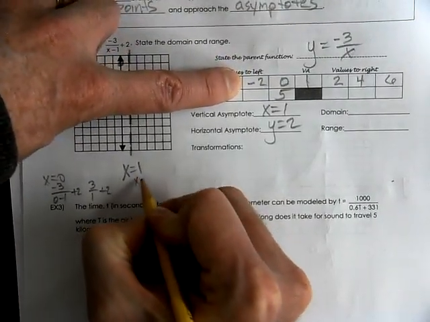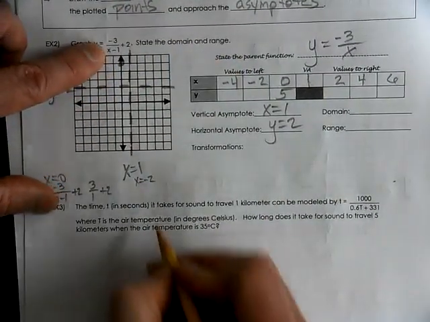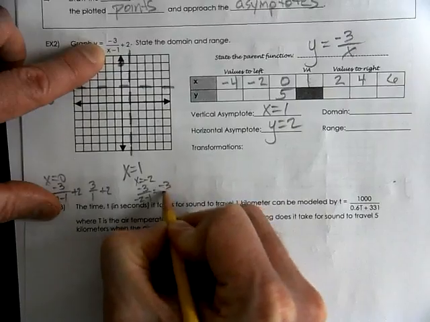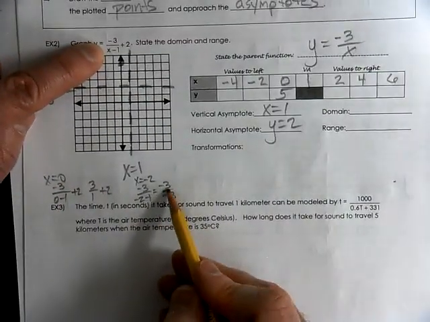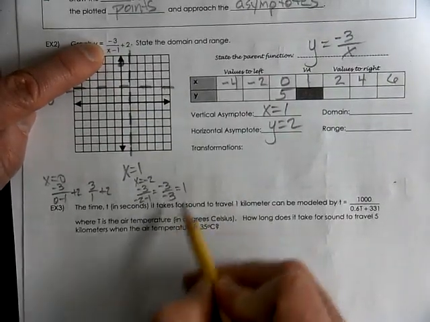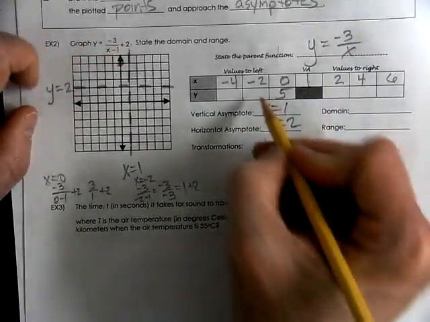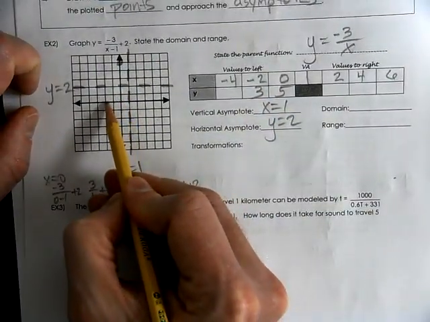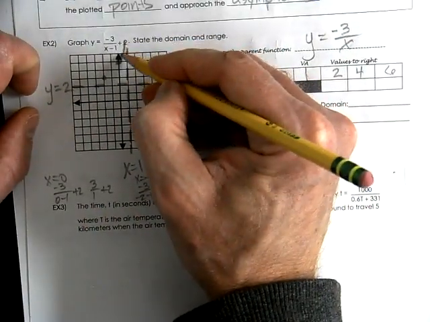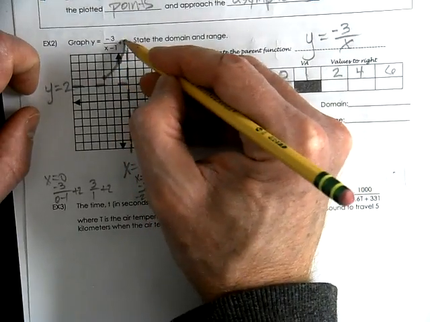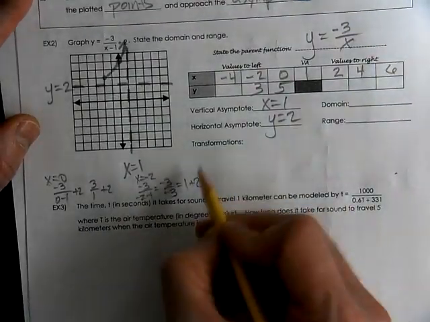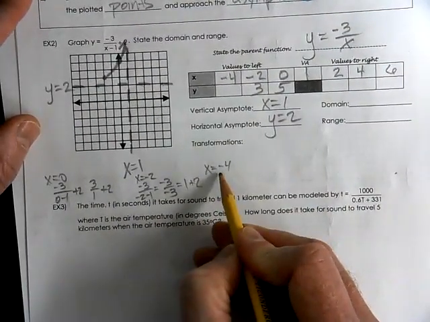When x equals -2, we get -3 over -2 minus 1. That's -3 over -3. What's that value? That's 1 plus 2 more. That's a total of 3. So at negative 2, I'm going to be up 3. So my graph is coming down and approaching at that location. So when x is negative 4,